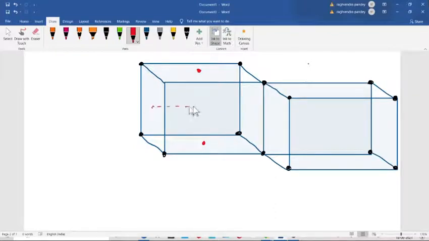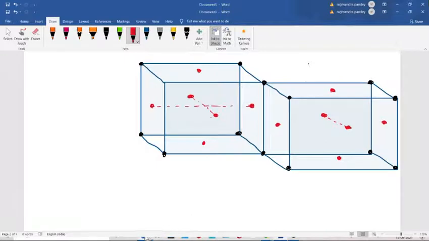So this is your face center, and this is the face center. Then again here we have a face center. So these are the two cubes.